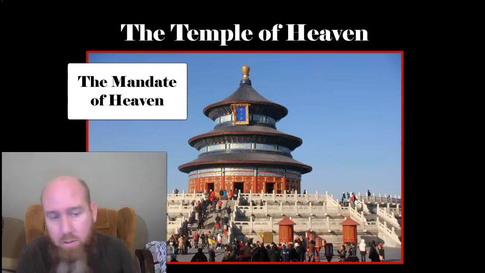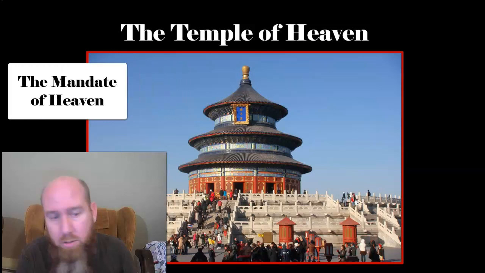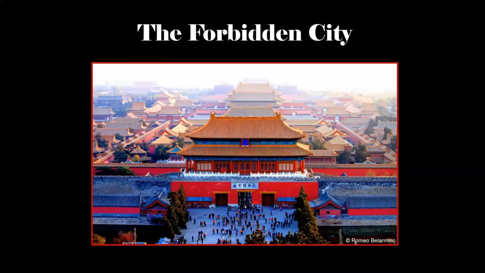They built the Temple of Heaven 500 years ago so that they could actually make sacrifices to this cosmic deity. The Forbidden City used to be the home of Chinese emperors. And you can see here this very common traditional architecture of East Asia. This is common in China, the Koreas, and in Japan. These upturned corners on the sides of